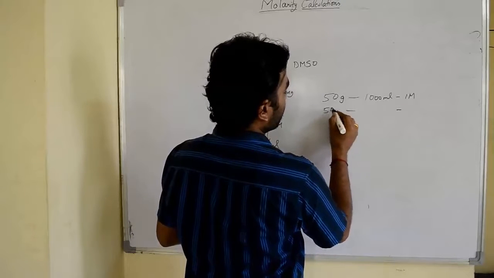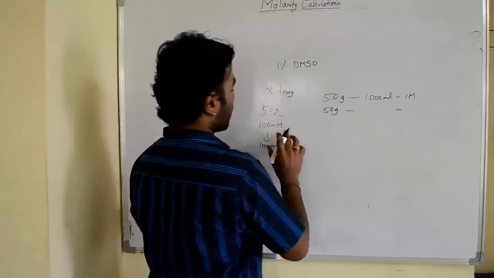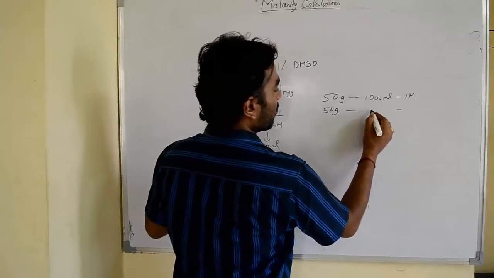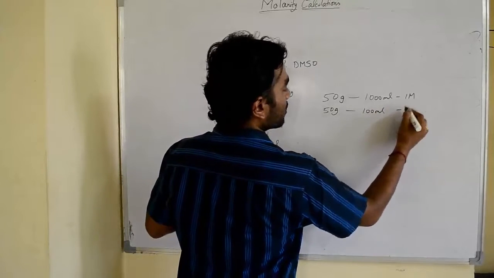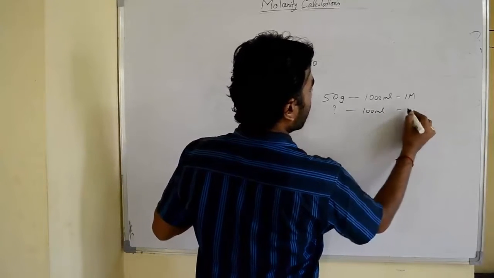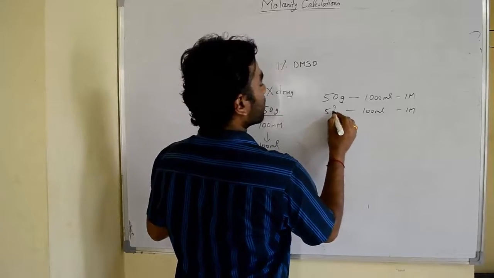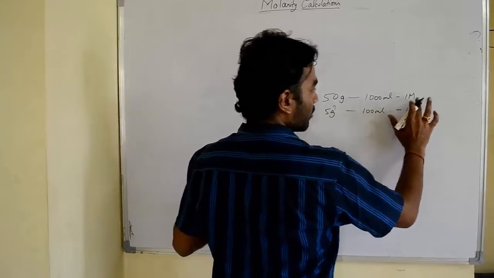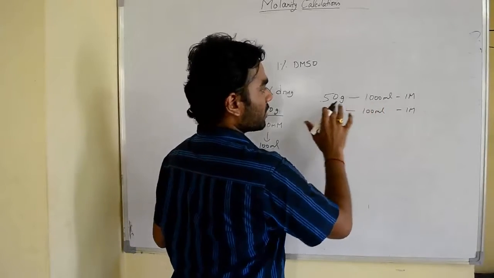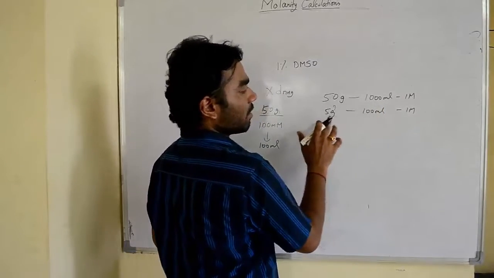Just take like this. You want to get 100 ml, for example. You want to take 100 ml. So how much? This one should be 5 grams. You're not doing this calculation here. From 1000 ml, if 50 grams is required, for 100 ml, 5 grams is required.